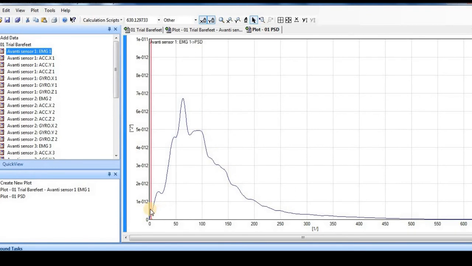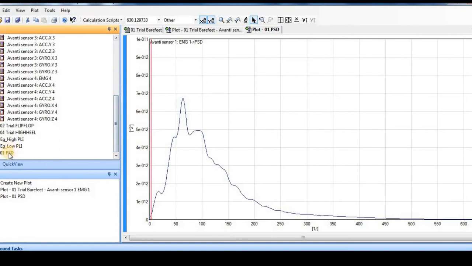Now you can see the power spectral density plot has become visible, and if you find here in the data, you will have a file known as 01PSD, that is the data series file. Any of these data series can be exported by this tool to an external environment from this software, and we can export it as an Excel sheet, we can export it as a text file. So these are the different options available. If we want to take it out from this software and analyze all these data series with some different software, that is also a possibility.